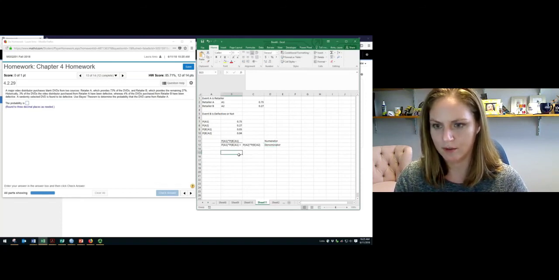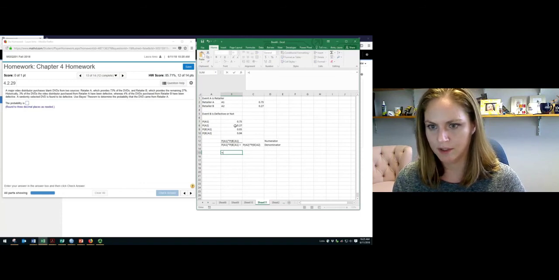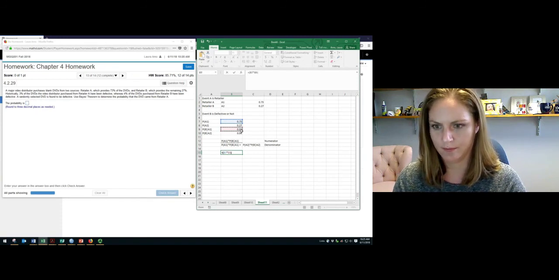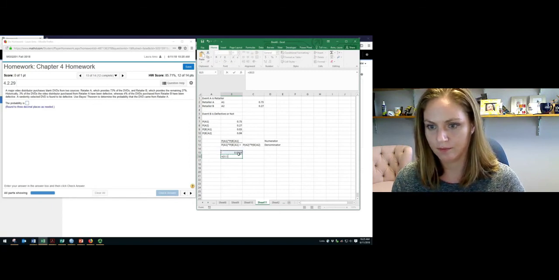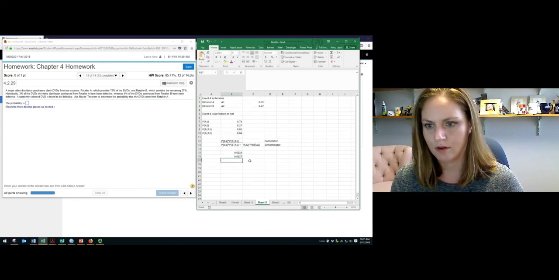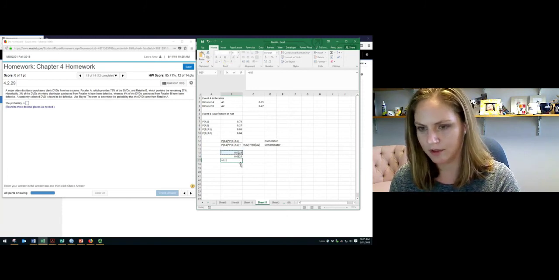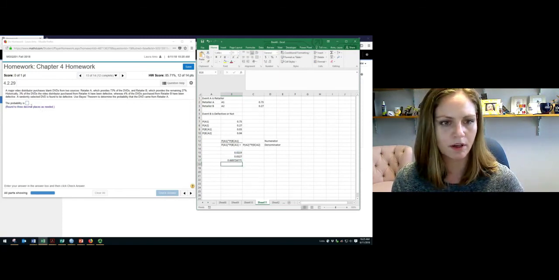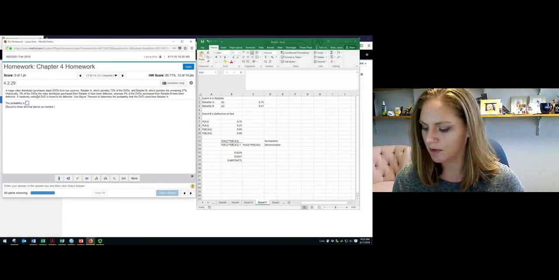We have all this information: the probability of A1 times the probability of B given A1, plus the probability of A2 times the probability of B given A2. We could have combined this all in one, but for instructional purposes it makes sense to do it this way. To 3 decimal places, it's going to be